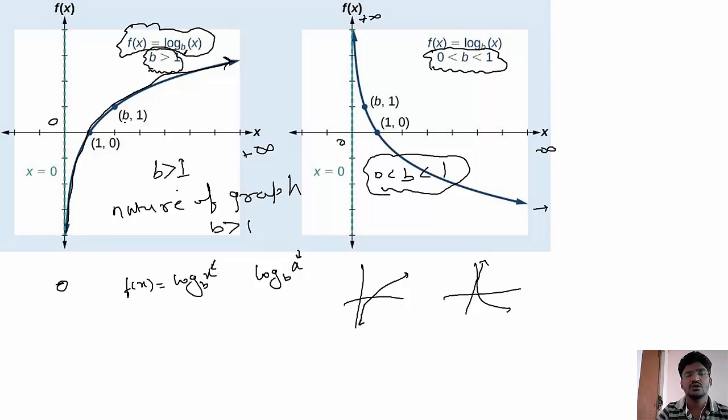Very important thing is, here your base should be in between 0 to 1. Here base should be greater than 1 to have the nature of graphs like this. Are you getting my point? So by knowing this, you have to understand one more point, that is, if I write a to the power of b is equal to some x, now if I take